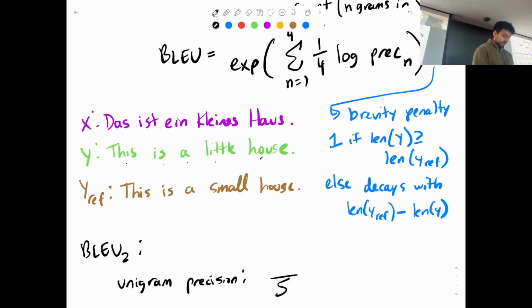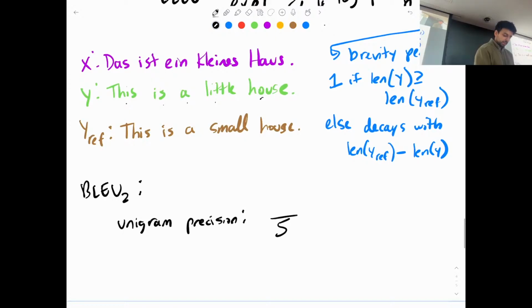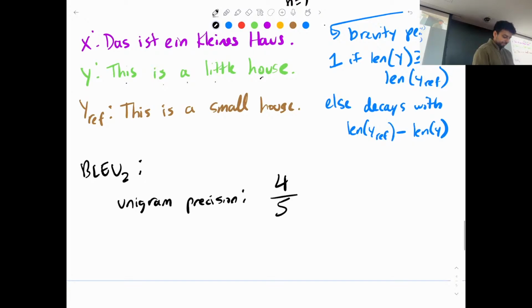So this is a house. All 4 of those words match, and we have one mismatch between little and small. So our unigram precision is 80%, pretty good. Our bigram precision